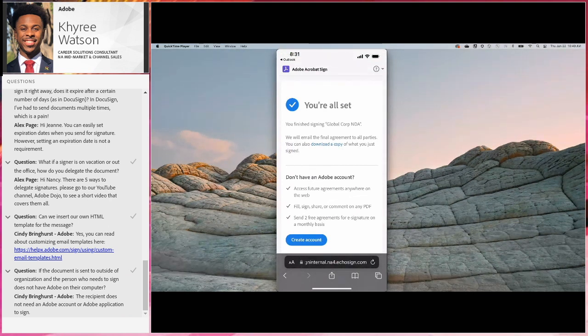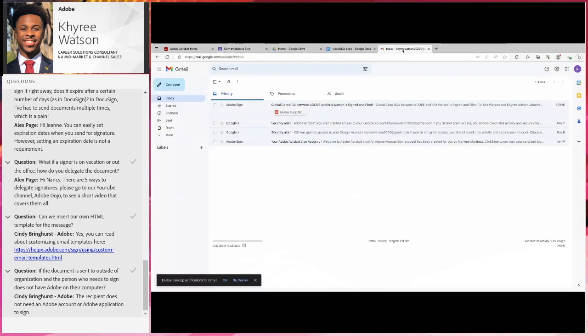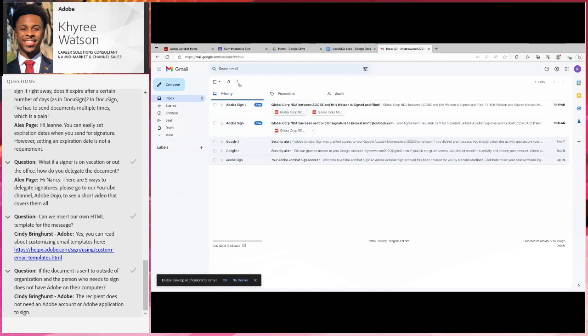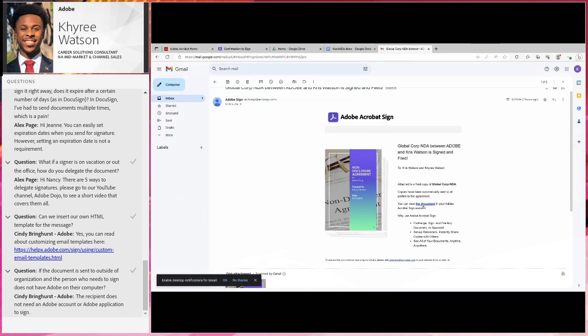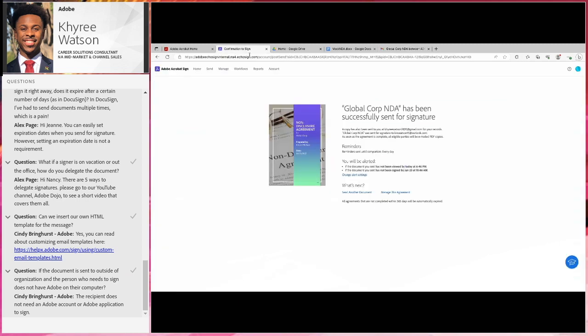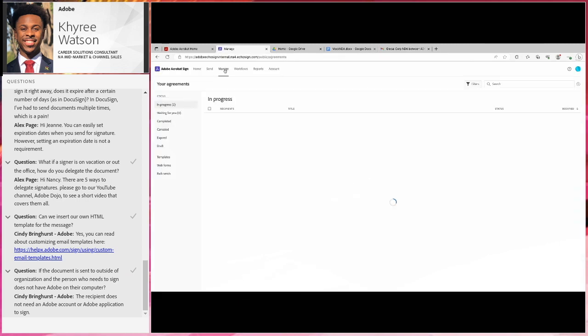So I'm gonna go back to my browser, go back to my email. Let me refresh my email because I did receive an indication. You can see I did receive a notification that Chris signed and filled out the NDA. I can go through it there. If I want to open it, I can have the option to select it and view it. But I'll just go back into Sign,